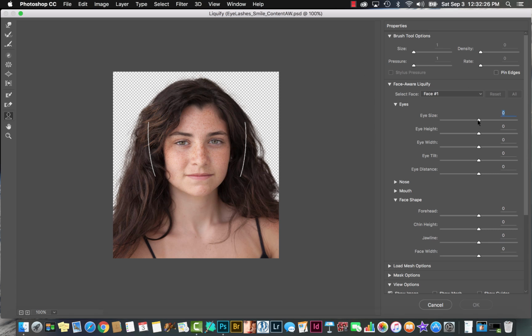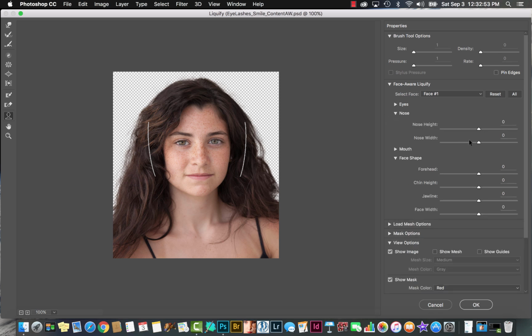So by these sliders, I can change the eye size. She's a little squinty, so I can change her eye size. I can make her eyes open up. I can change how high the eyes are. I can change the width of the eyes. Okay. I can change how they're tilted, whether they kind of move up and down. And I can change the distance between the eyes if I want. You've got that option for all of the